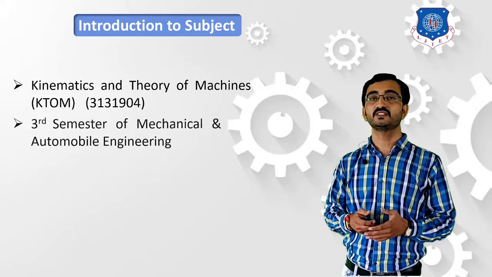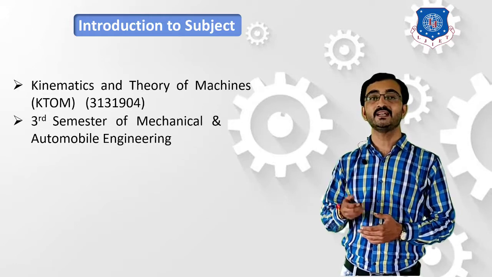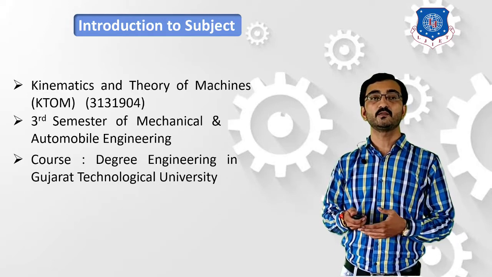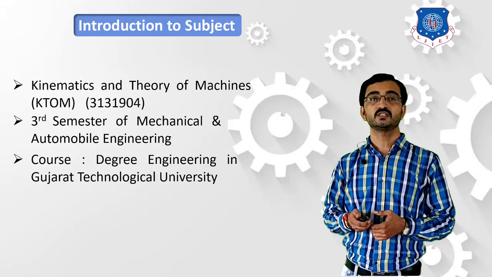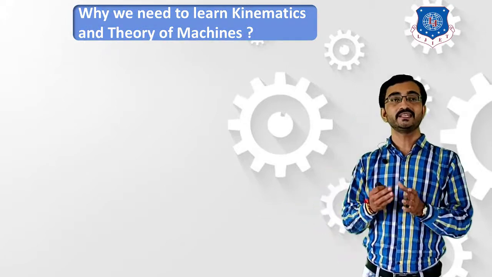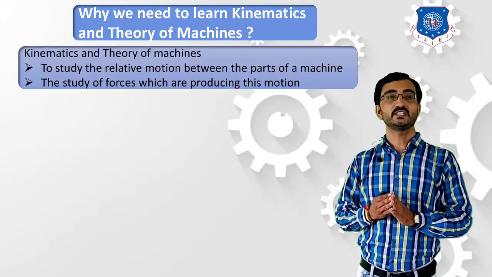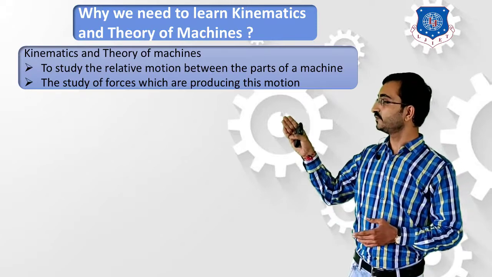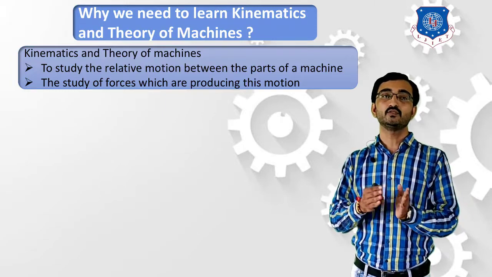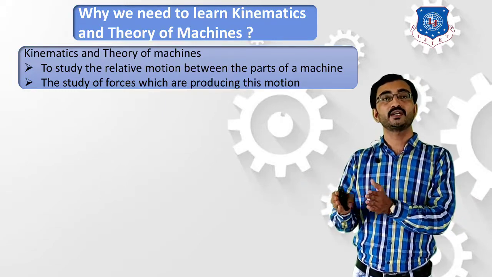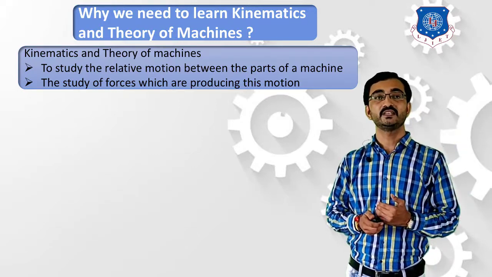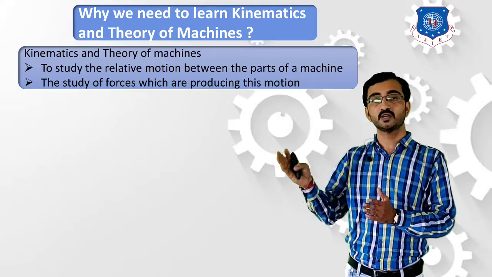This subject is a part of the syllabus in the third semester of mechanical and automobile engineering, and it is a part of the syllabus in degree engineering of Gujarat Technological University. So let's start this subject with the basics of why we need to learn it. It is mainly a branch of science in which we study the relative motion between two components of machine parts. This will help you understand how the relative motion between different components of different machine parts actually exists. And the second fundamental of it is to study the forces which are responsible for this